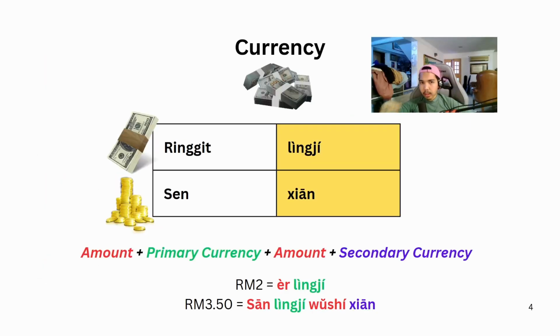So as you saw from the dialogue, ringgit just roughly translates to lingqi, while sen translates to xian. And just like in Malay and English, it's the first amount, the primary currency, and then the second amount, and then the secondary currency. It's not too different to how we do it in our own language. So 2 ringgit is lingqi, 2 ringgit, and 3 ringgit and 50 cent, 3 ringgit 50 sen, 3 lingqi 50